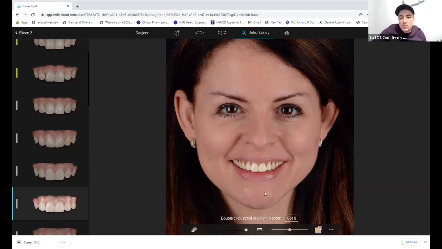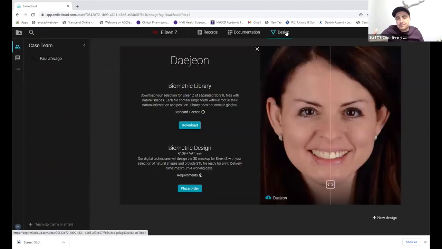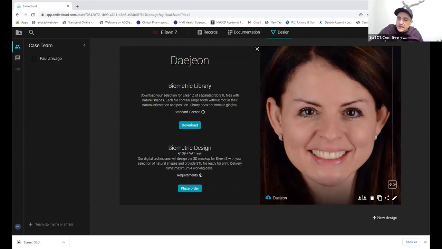So once you're happy with the Smile, you click on this button, and then it will generate for you the existing picture and your design that you came up with. And what it does is it gives you a name of your teeth that you choose. In case you want to go back to that, you can find that library based on the name. Now, what I'm doing at this point in time is, this is important in my workflow, because you can now also tell